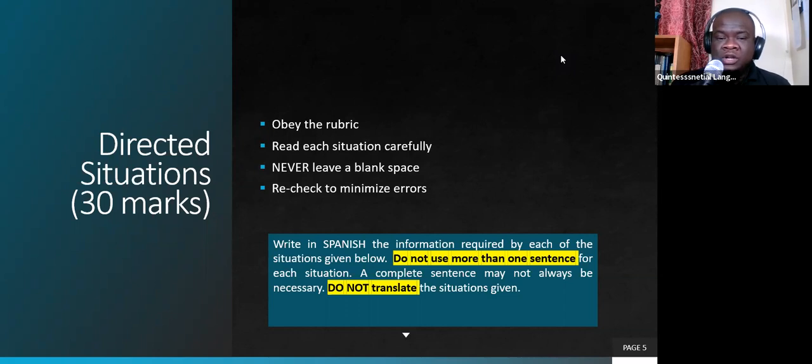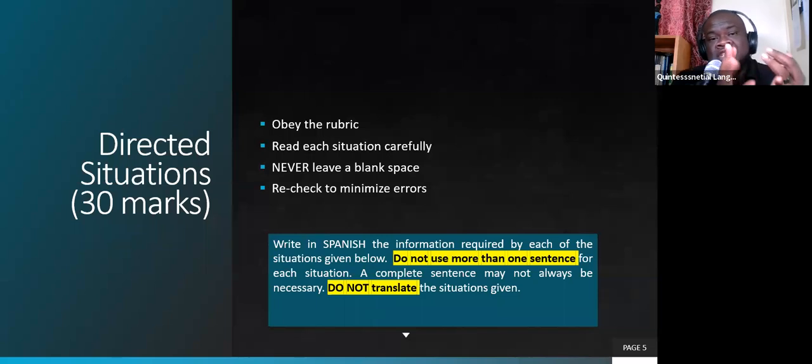Now, certain things you would look for, the fact that it says instructions, as a hint, etc. But with regard to "do not use more than one sentence," some persons may want to say, do this, full stop, do that, and next sentence, full stop, do the other, and next sentence, full stop. The rubric is saying you're not supposed to do that. We need to pay attention to that.